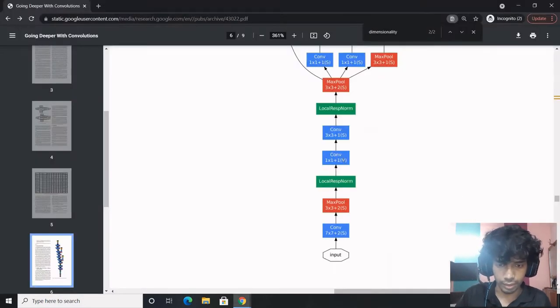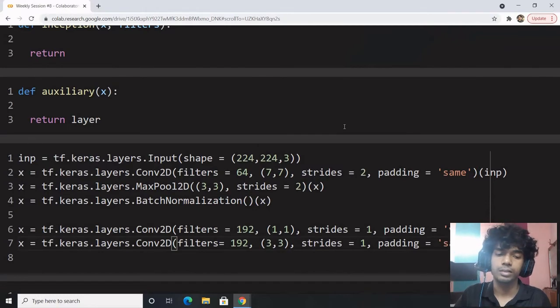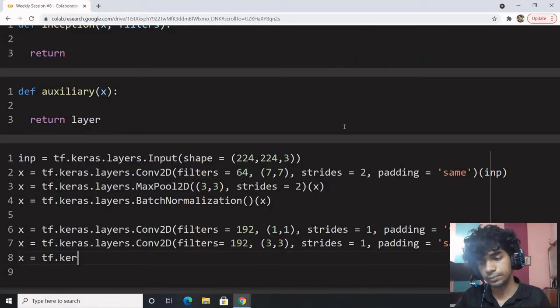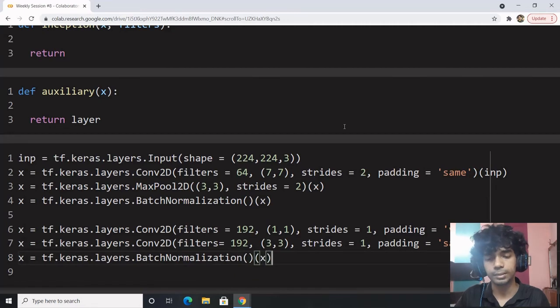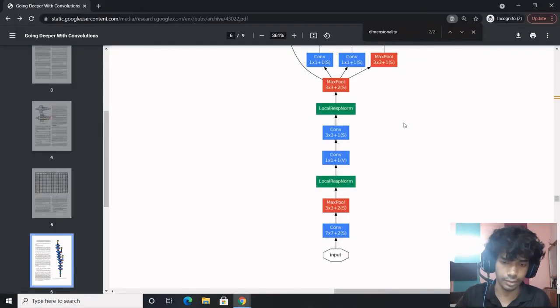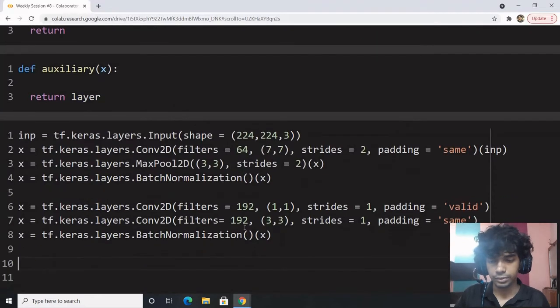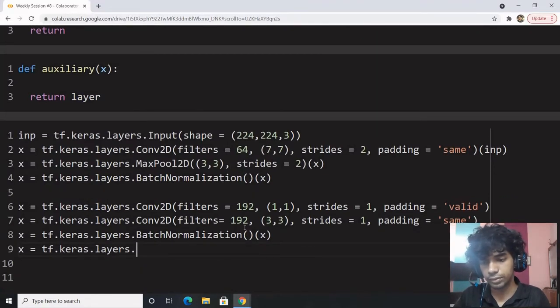The first one is valid, another is same. Now let us proceed to the batch normalization layer. It should be simple enough, and let us carry forward the previous layer's output. This goes forward to a max pooling layer.